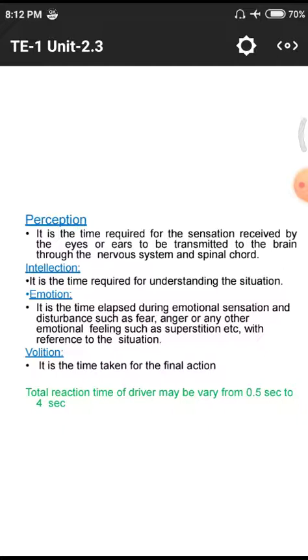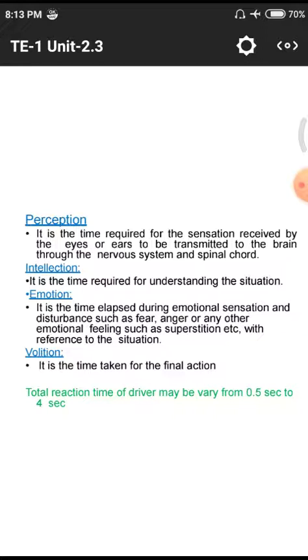Those two signals are transmitted to our brain with the help of neurons, and those neurons have different functions, with different kinds of sensing neurons in our hands and legs, so that they suddenly send signals to our hands and legs so that we apply the brakes. That is called perception time. The spinal cord also has a major role, because we have to move our head with the help of the spinal cord and nervous system.